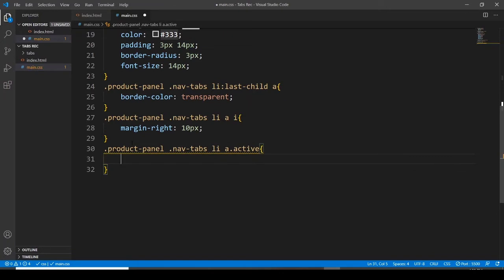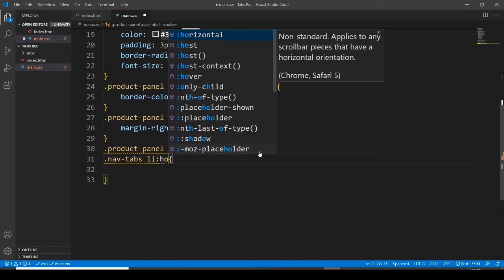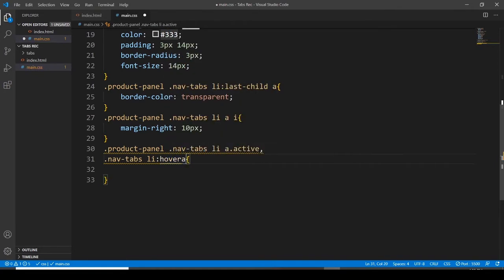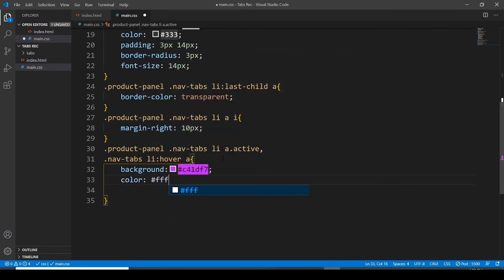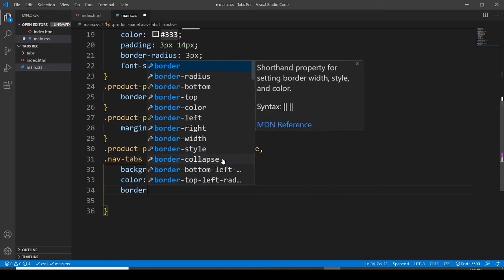And for this active class, hold on, there should be another one, and this would be nav tabs and li list item hover and a link. And now I want to go with the background. The background is going to be C41DF7 purple, and the color is going to be white, and then the border color,